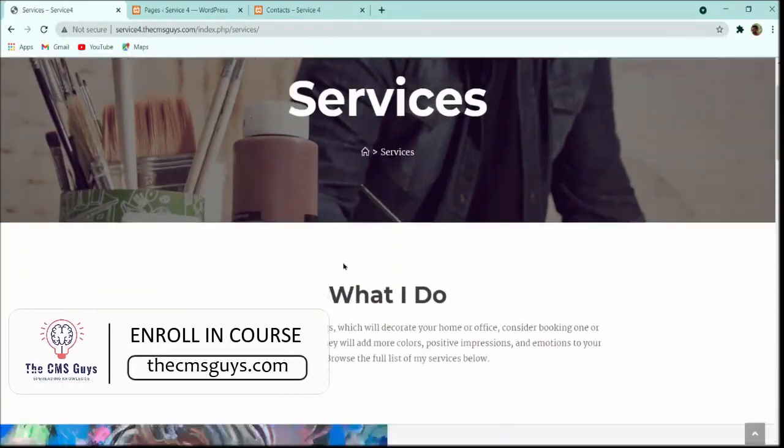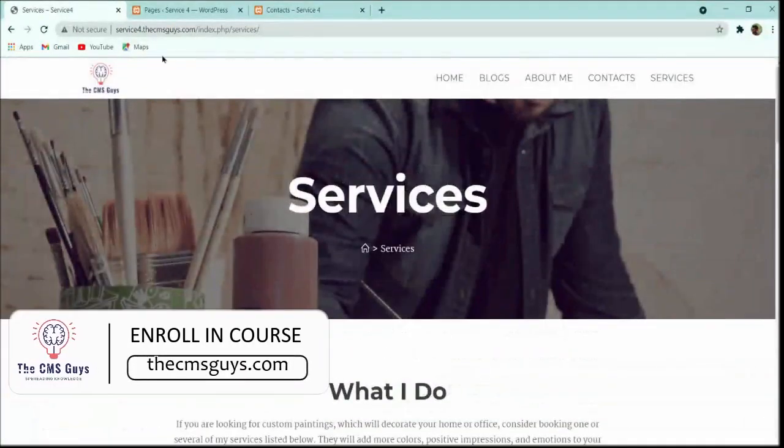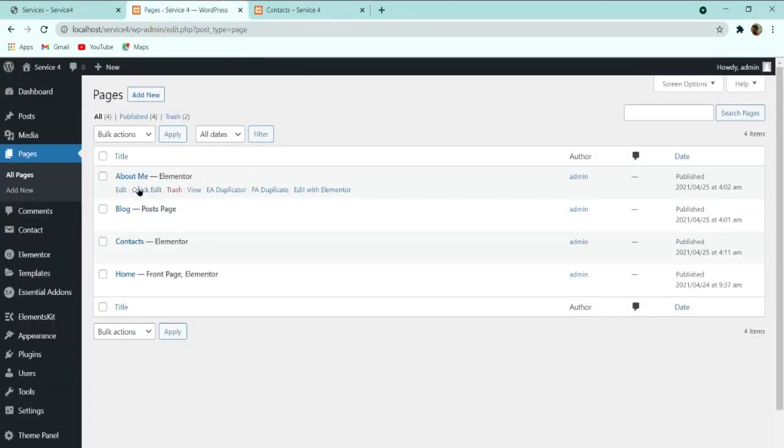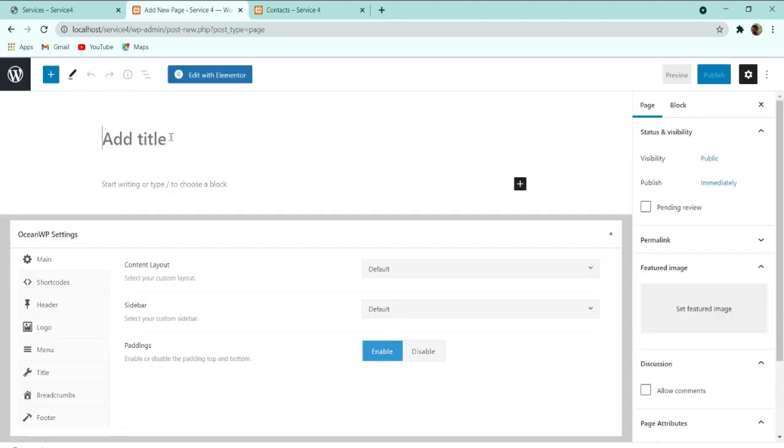For this services page, let me tell you one more hack. Here you can see that we have the same image on the background, same everything as on the about me page. So what you can do is create another page, add new. Here I will give it services, and then content layout I will make full width. I will disable the padding.